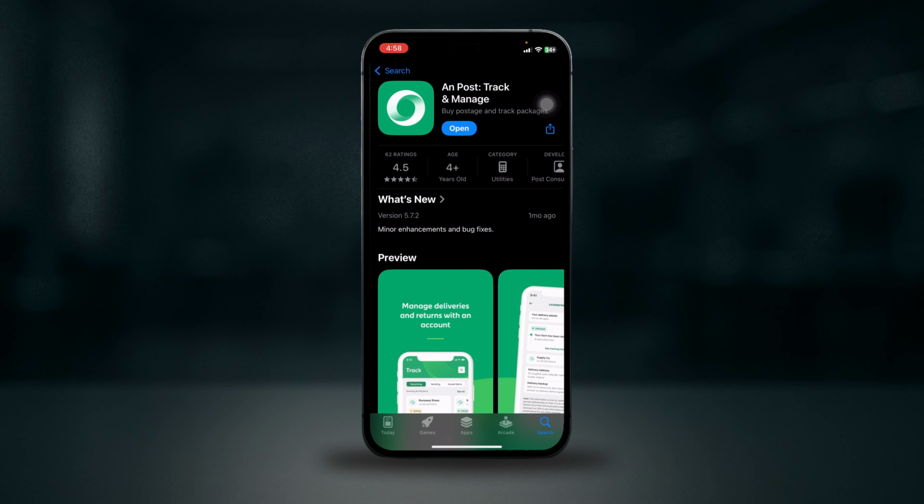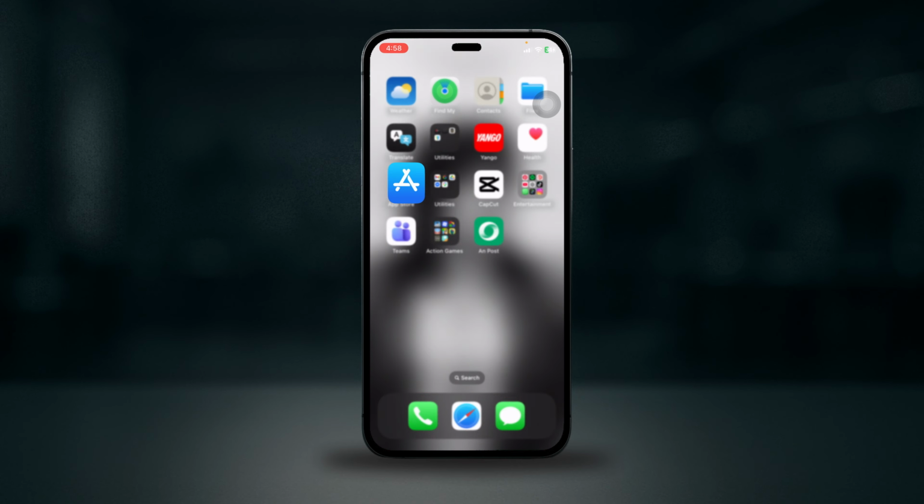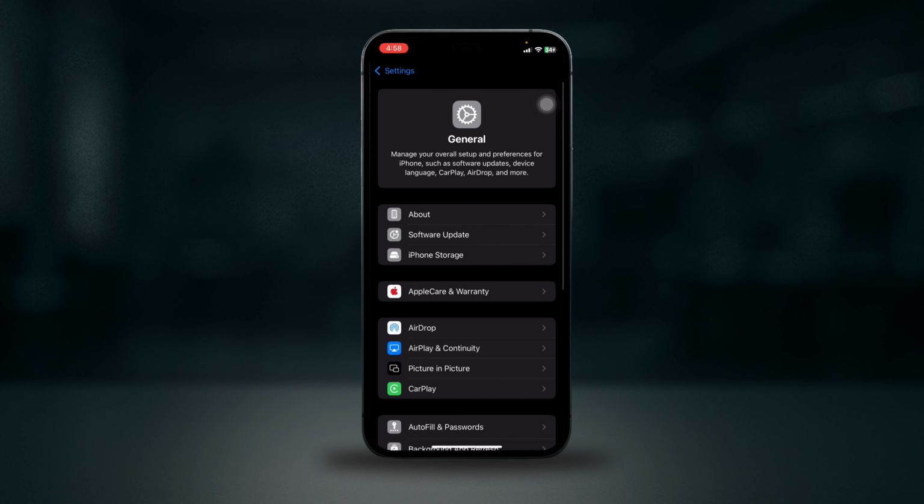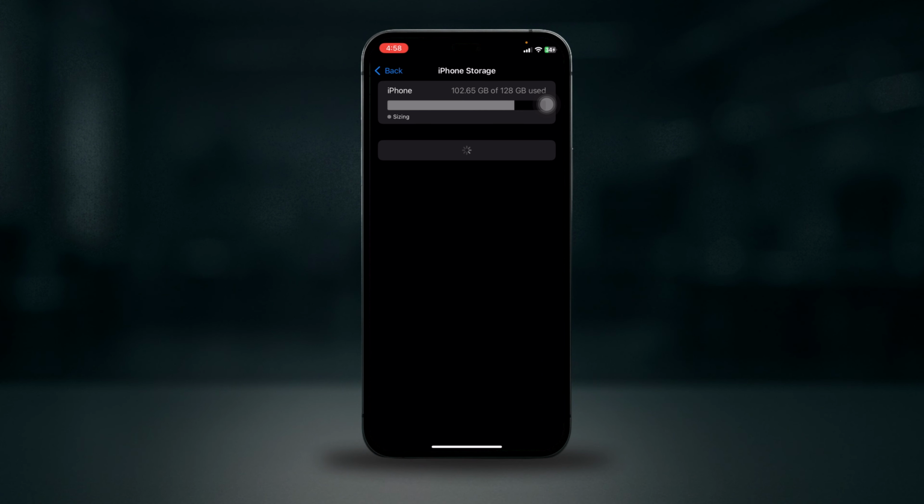On Android, you can clear the Google Play Store cache by going to Settings, Apps, select Play Store, tap Storage and clear the app's cache. Then try updating again. Next, go to Settings app and then go to General, then iPhone storage and make sure